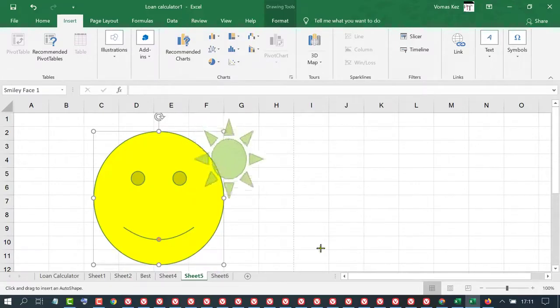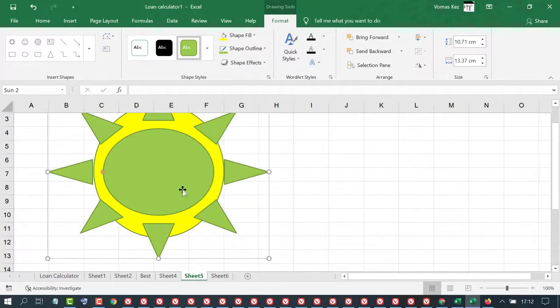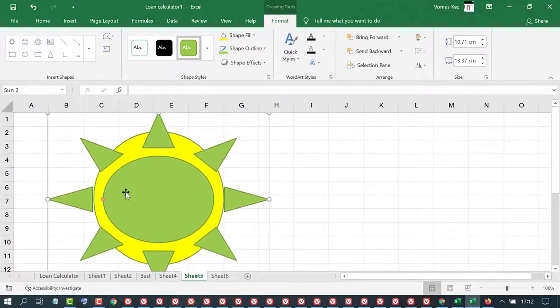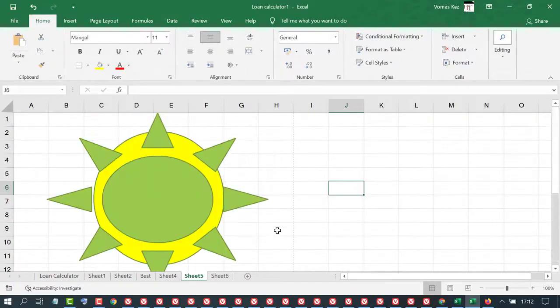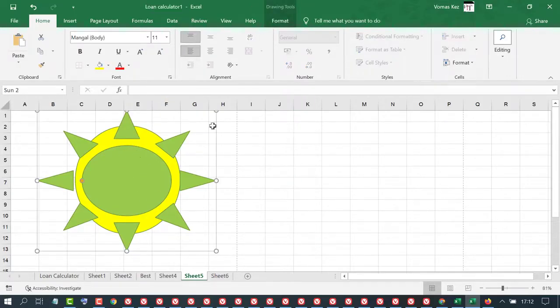Like this one. Now actually there are two shapes. So if you want to show the emoji,